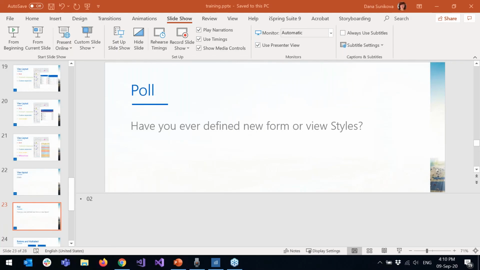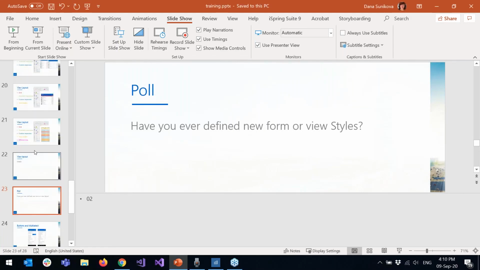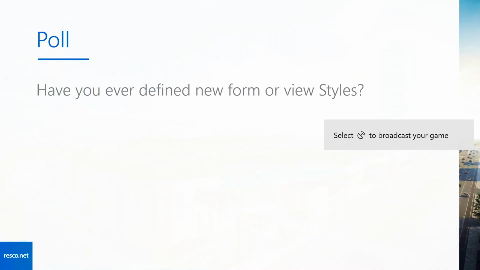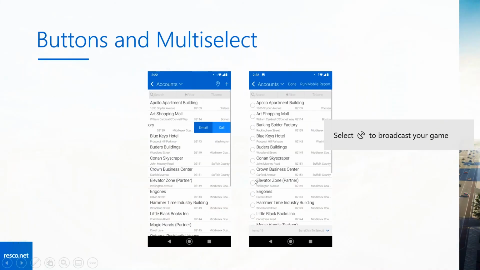So let's go to our next topic, buttons and multi-select. Okay, so buttons are these things that you see on the left image. In view, you can have more. You can have a few buttons, and